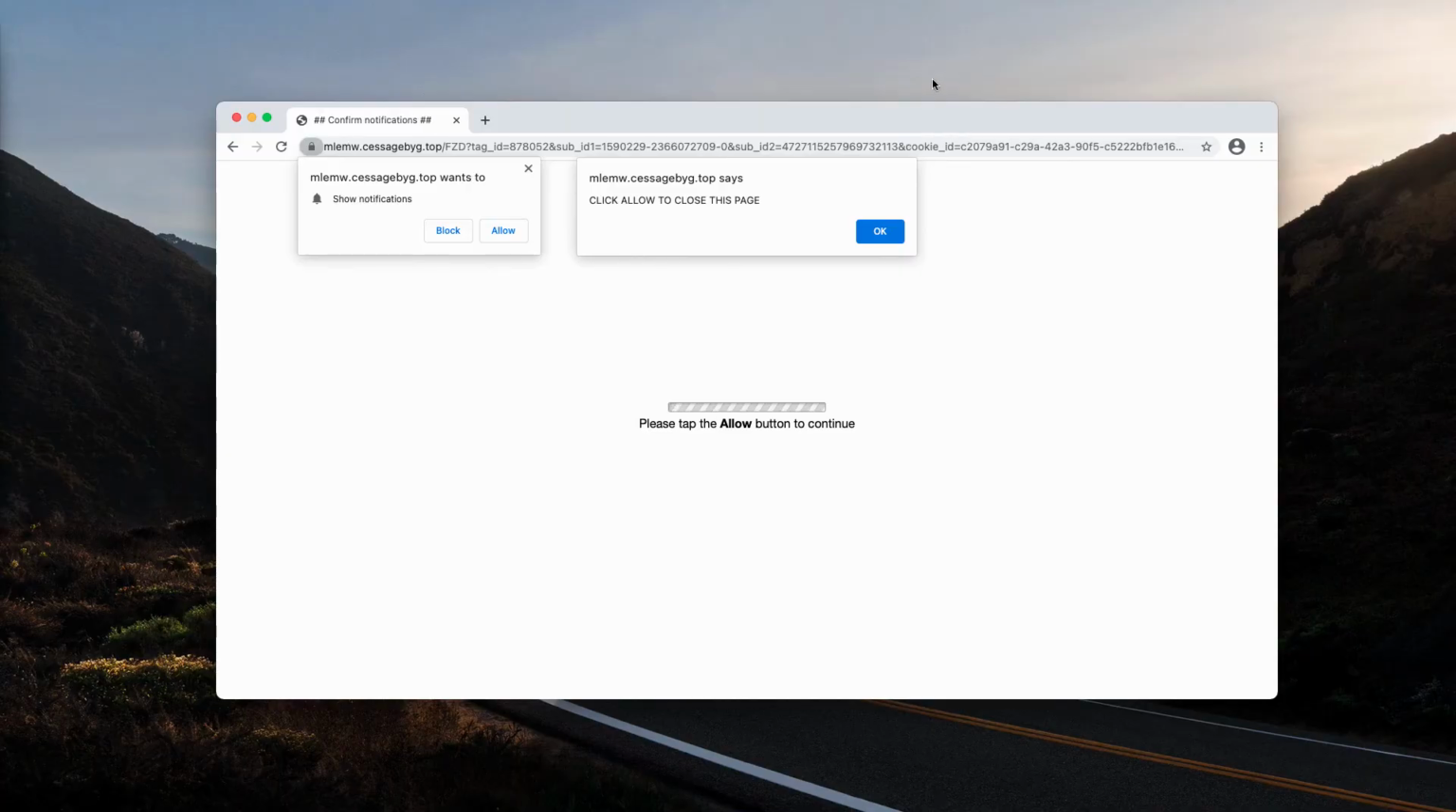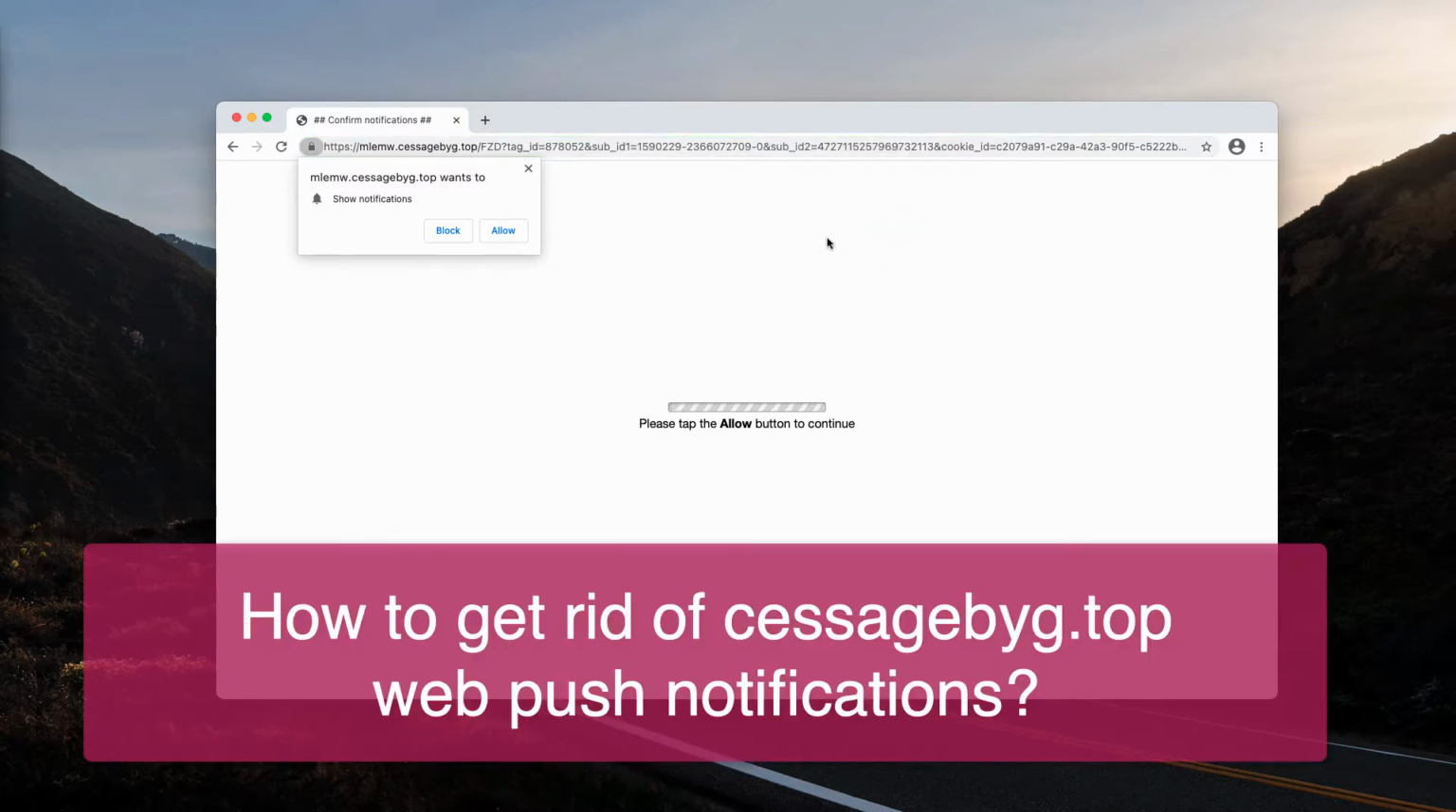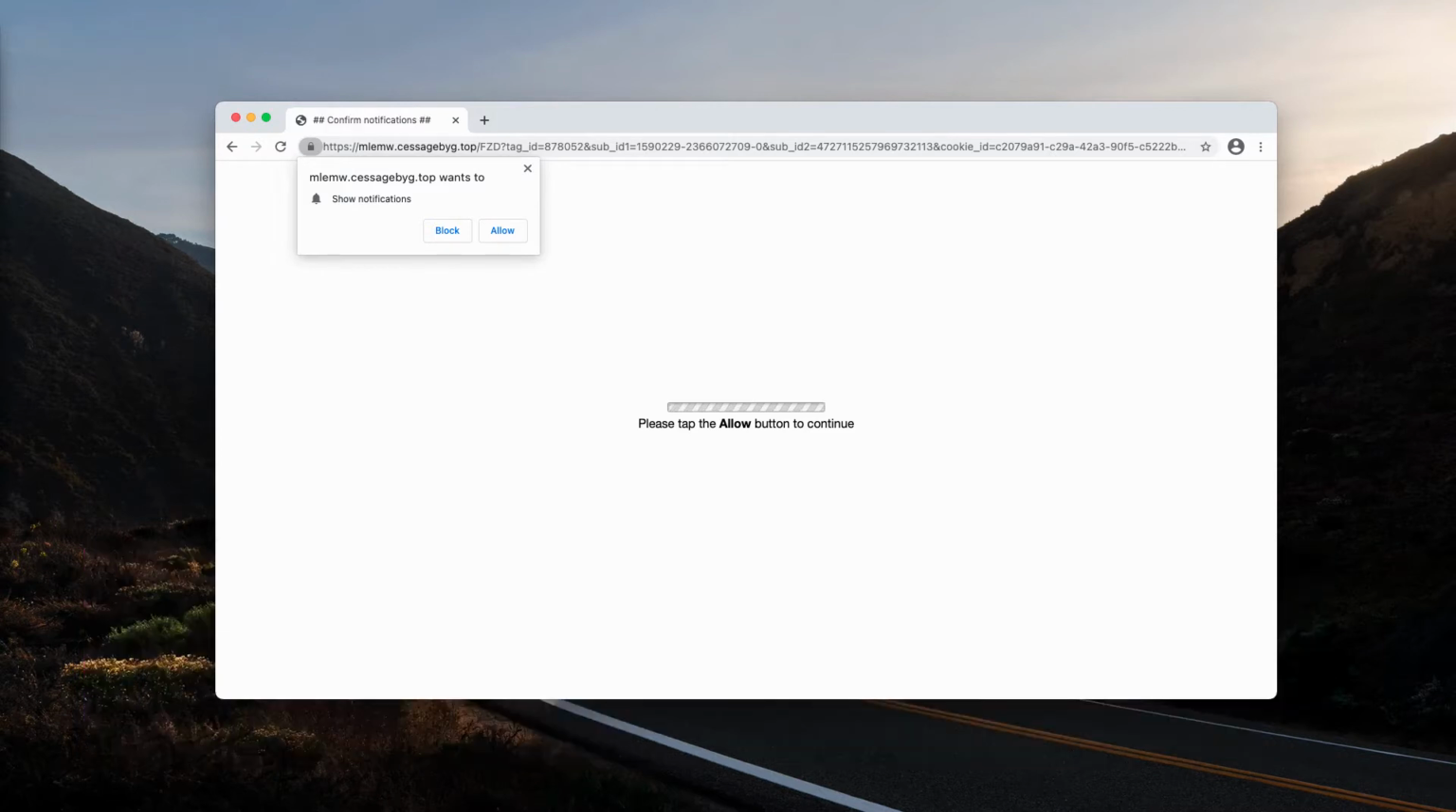This video is about the danger of pop-ups that come from the site Cessagebyg.top. It's yet another malicious resource that attempts to infect your browser, specifically with the feature of uncontrolled web push notifications. So the pop-up says you need to tap the Allow button to continue your browsing, or sometimes it says